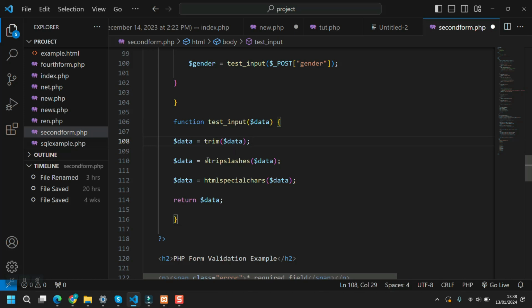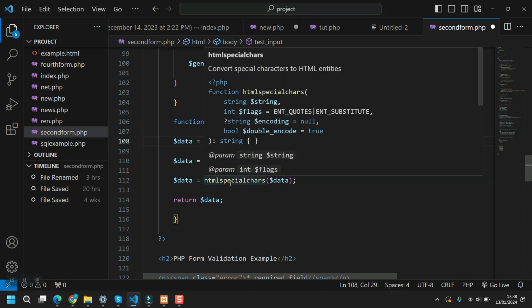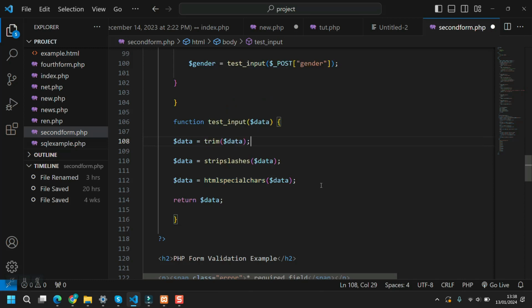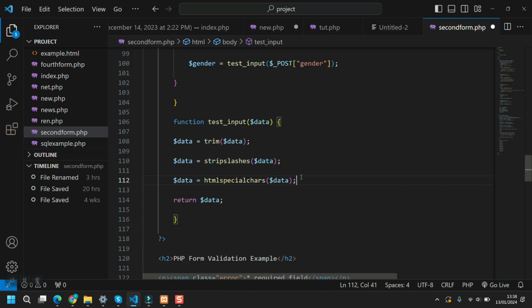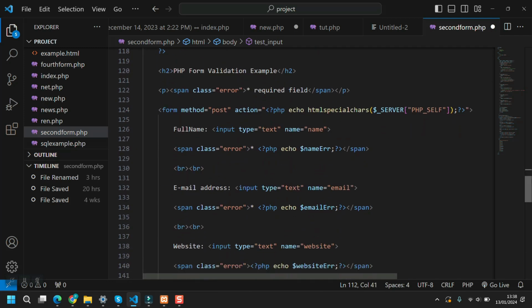Then we have stripslashes and htmlspecialchars. We are going to see this functionality, which is one of the important functionalities we have to cover. Definitely htmlspecialchars. Anyway, here we are filtering for possible attacks from the users, and then they return the data. Okay. Then last here,